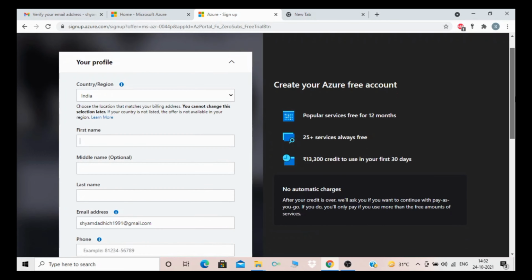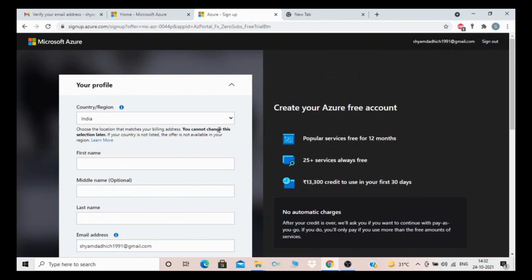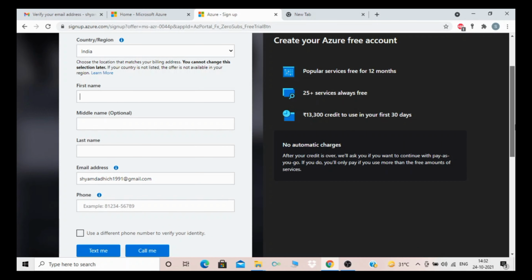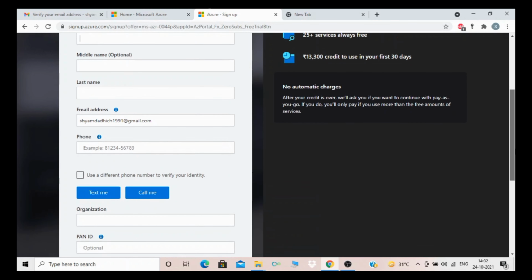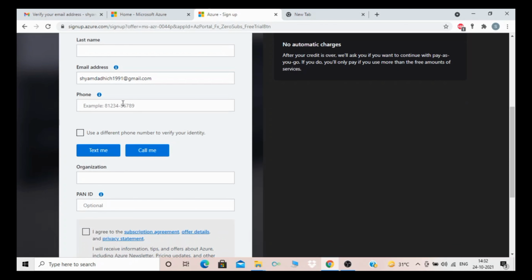On this page, you need to enter every detail: your first name, last name, middle name if you have one, phone number, and verify your mobile number. The organization name can be whatever you want, like XYZ, anything you want to put.